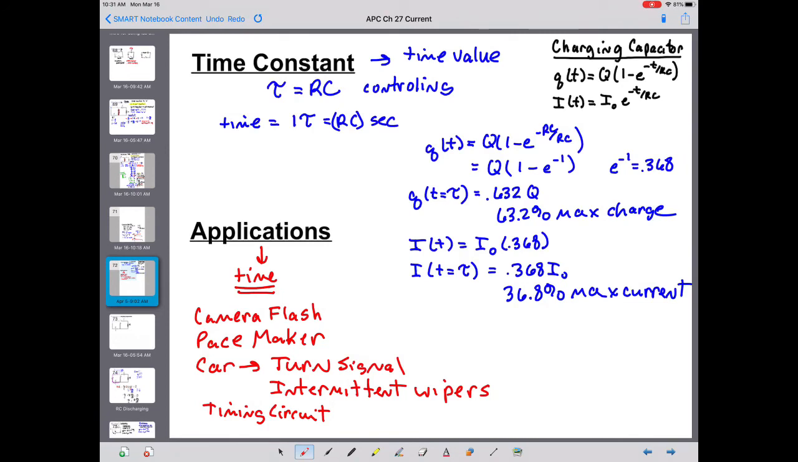Now, what we summarize in this video is basically what an RC circuit is and how to charge up a capacitor in an RC circuit. In the next video, we'll talk about